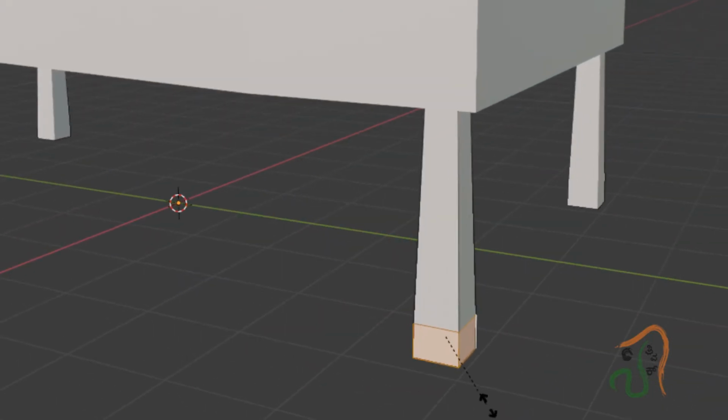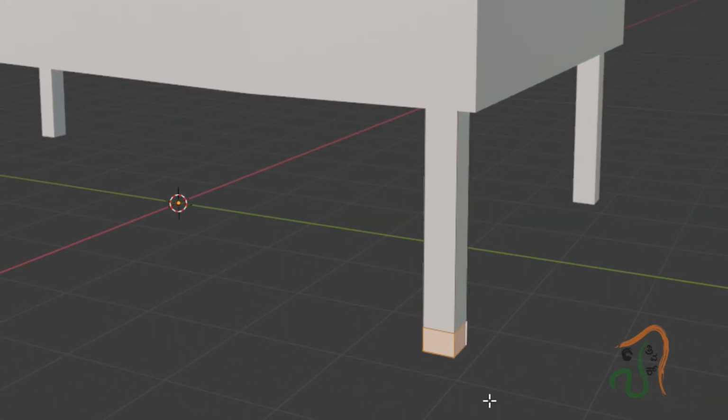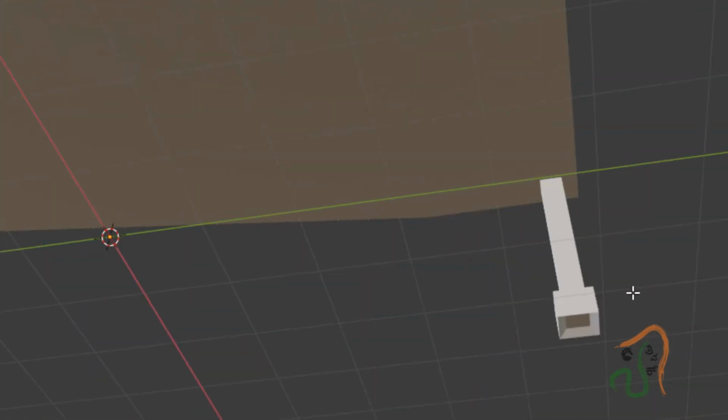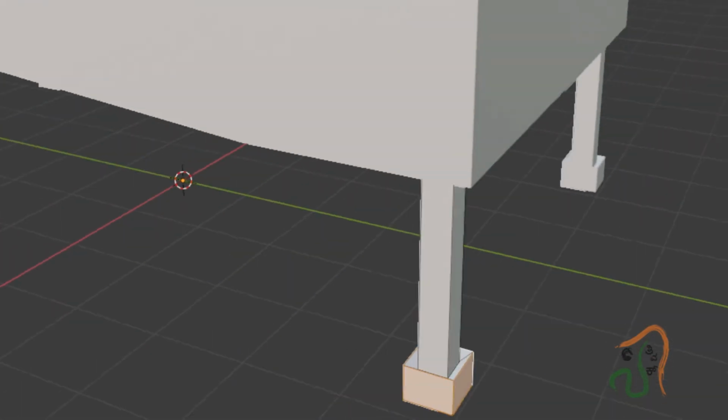Then press E and scale it. Now what happens is you get a kind of leg like this. We have a kind of leg projection like this. Okay, this is fine.